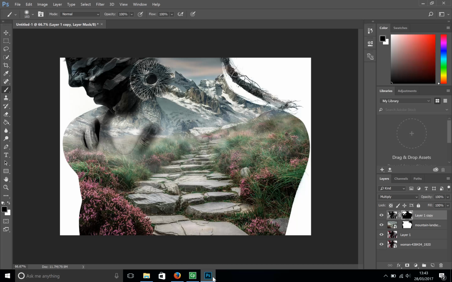Next we're going to change the opacity of the layer to make the features just subtly coming through on top of the landscape. We're going to move it down to around 70%. Next we need to deselect the layer mask by pressing Ctrl D